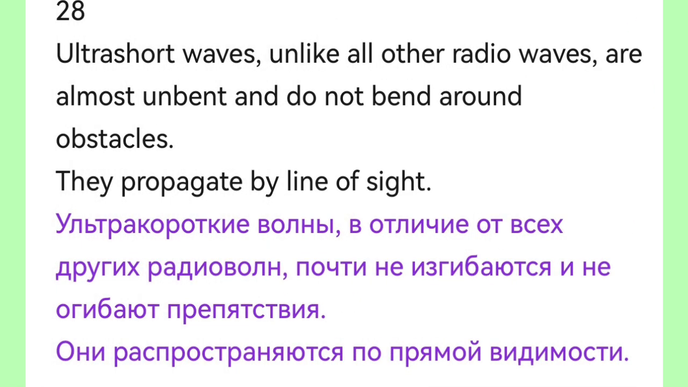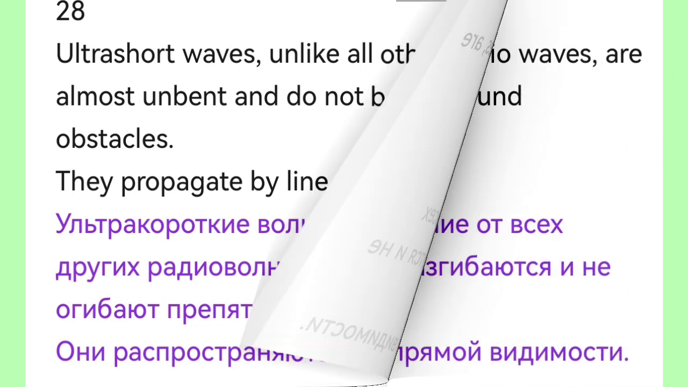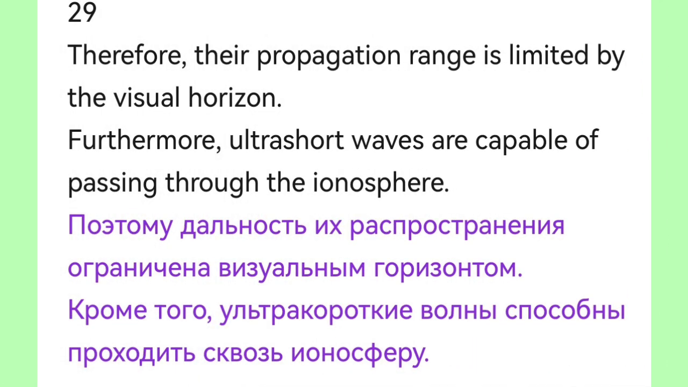Ultra-short waves, unlike all other radio waves, are almost unbent and do not bend around obstacles. They propagate by line of sight. Therefore, their propagation range is limited by the visual horizon. Furthermore, ultra-short waves are capable of passing through the ionosphere,